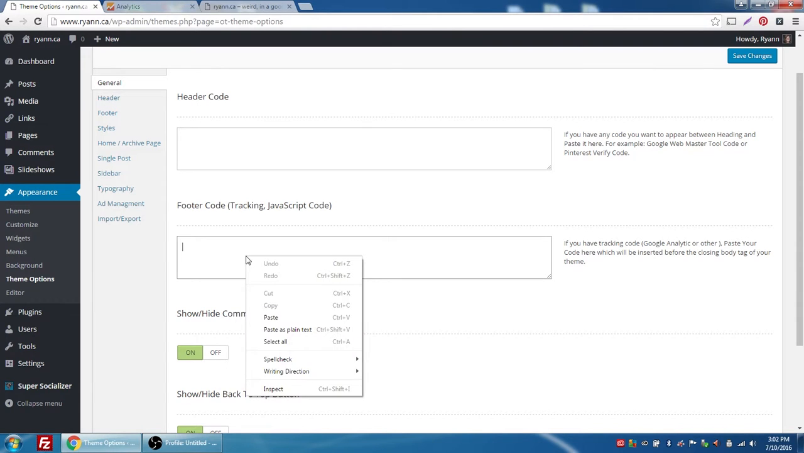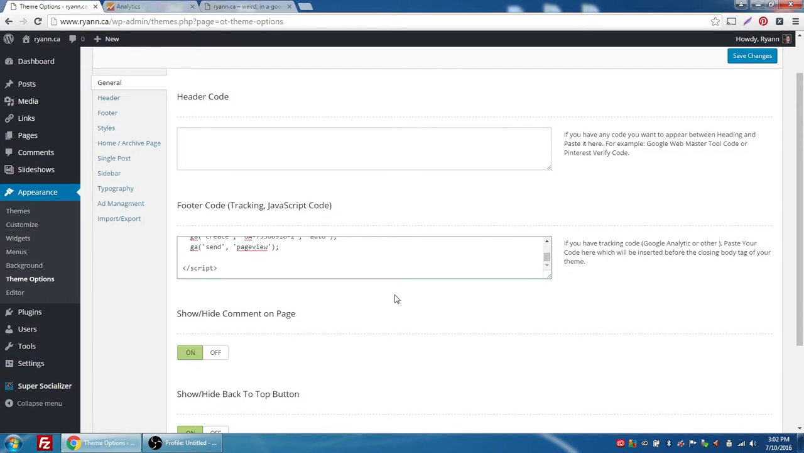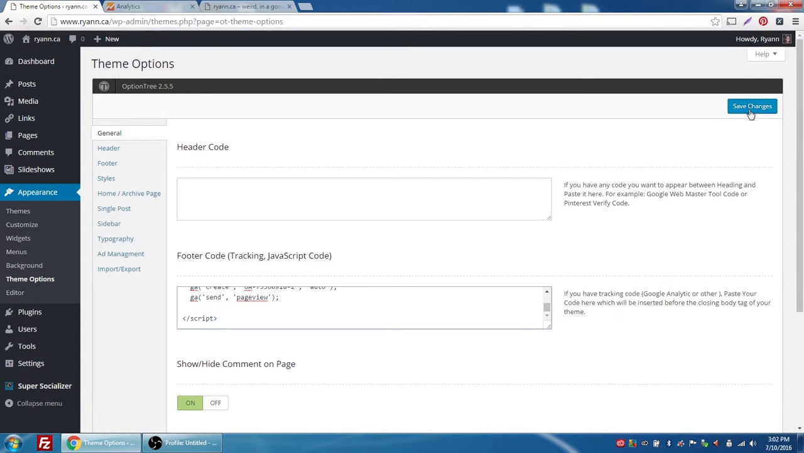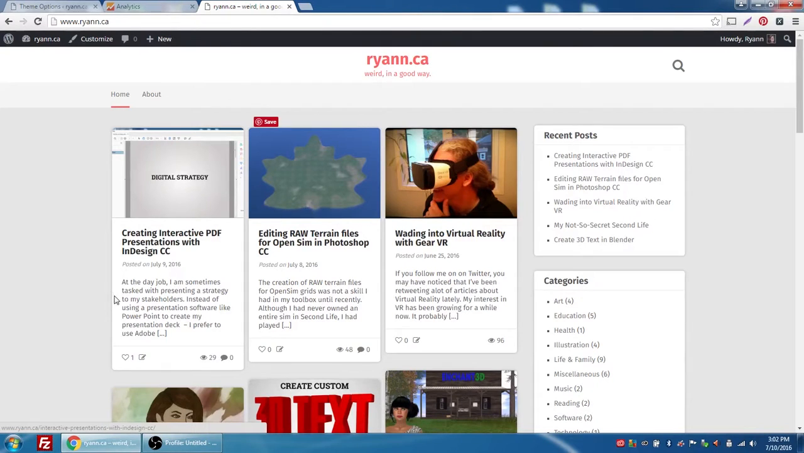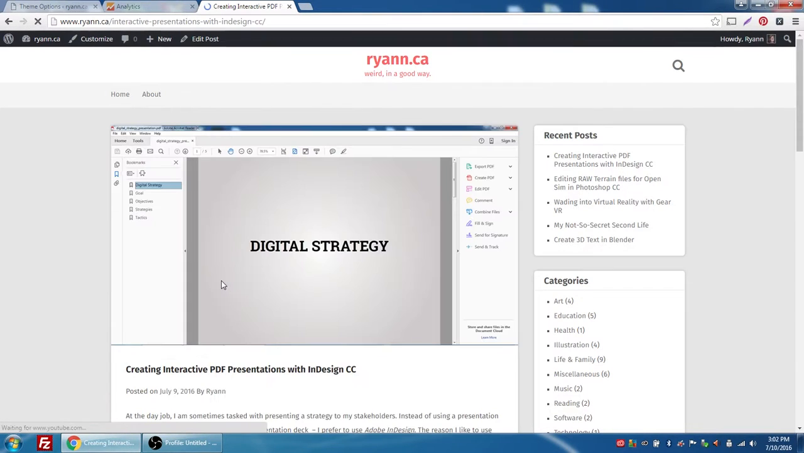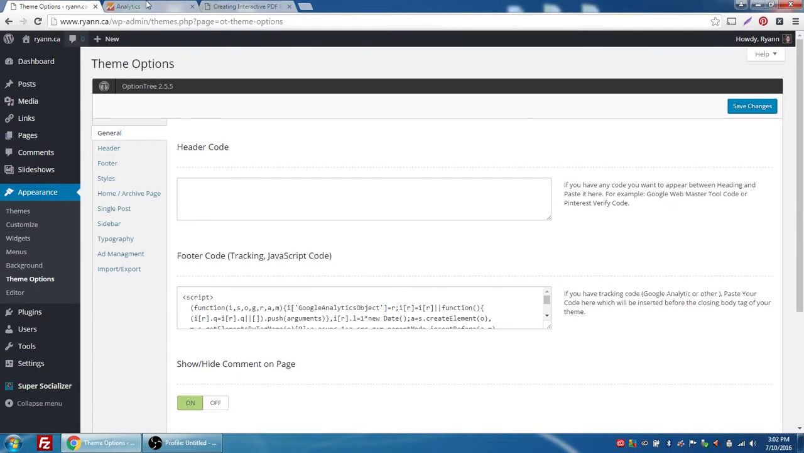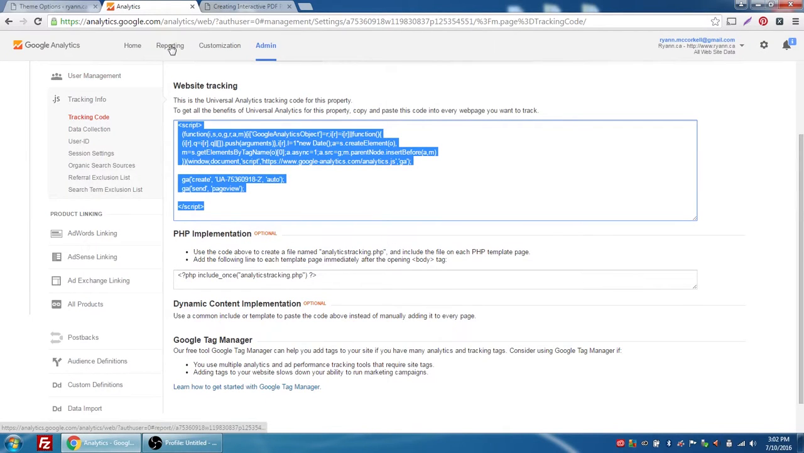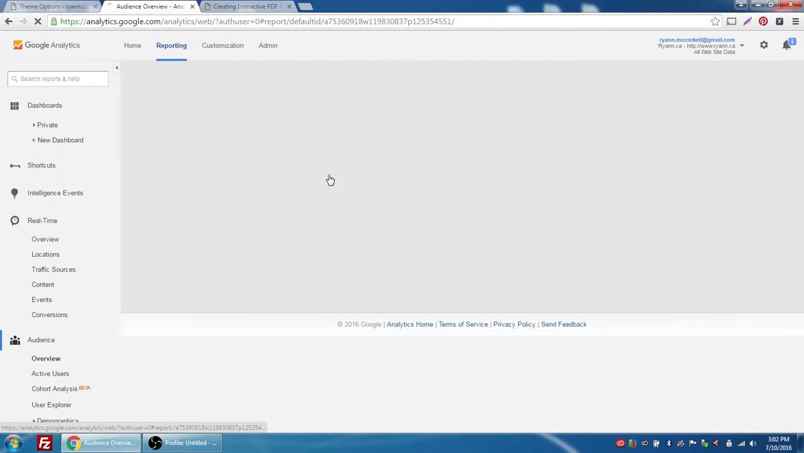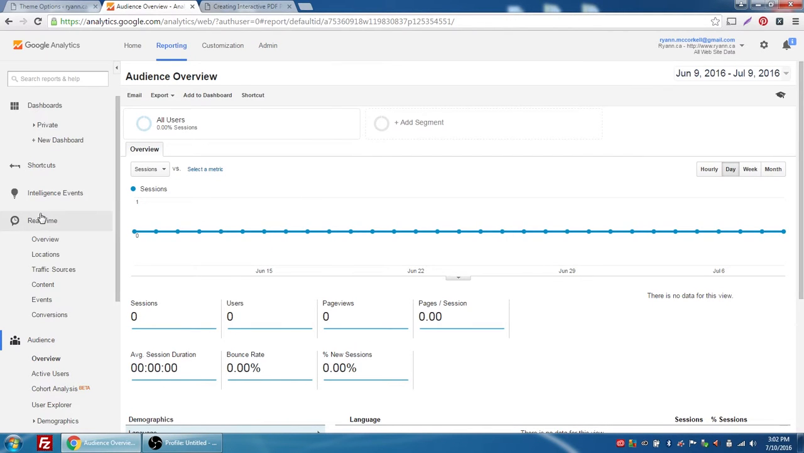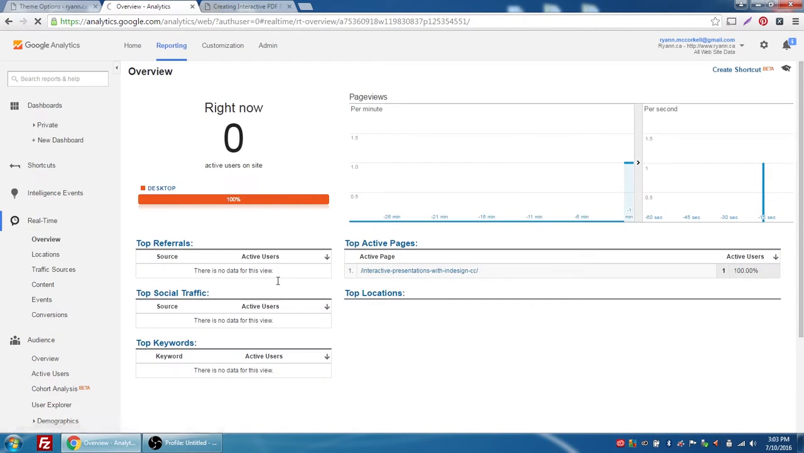I have a paid theme. Not everyone does, but there's a possibility that this could be included in a free theme as well. So I'm just going to right-click and then choose Paste, and I'm going to press Save Changes. And I'm just going to pick my latest blog post and take a look at my analytics page. So if I go back to reporting and I click on real-time overview,